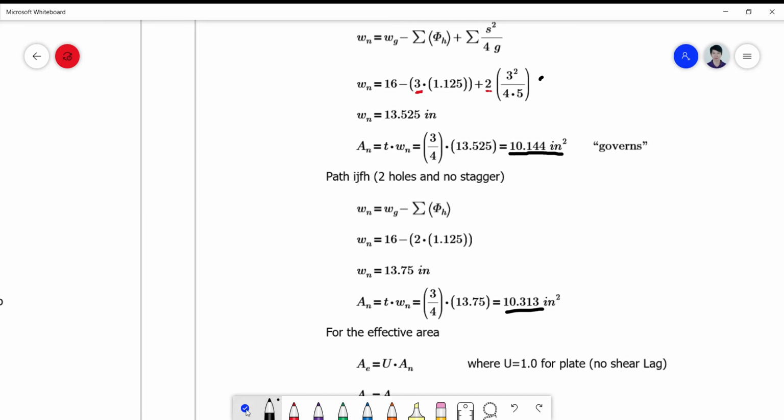So the choice of the weakest failure mode will be based on the lower value of the two net widths, and the lower value is 10.144, such that this value governs. Okay, so we're through with the net area. So the effective area can then be computed